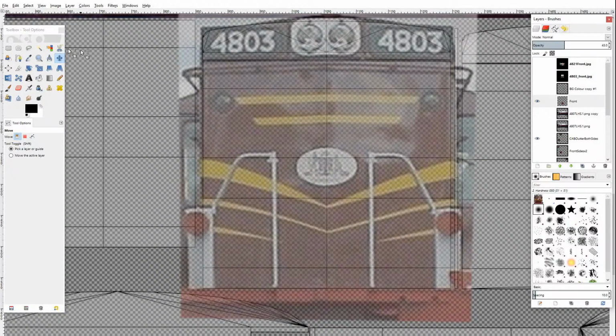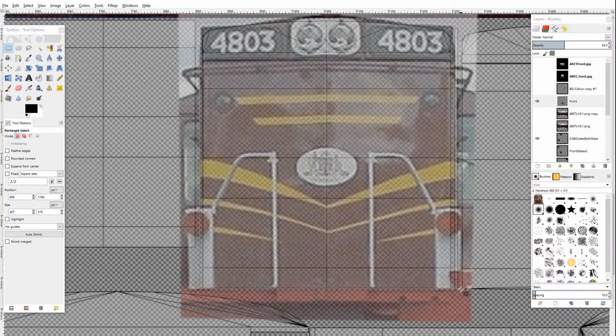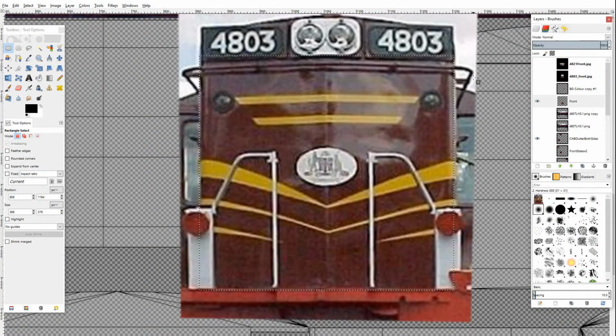I don't need the top part because that's going to be a part of the model that we're not actually going to texture properly anyway, so okay, I'll put that there. Select it, go select, invert, and now we'll go delete. And that should get rid of